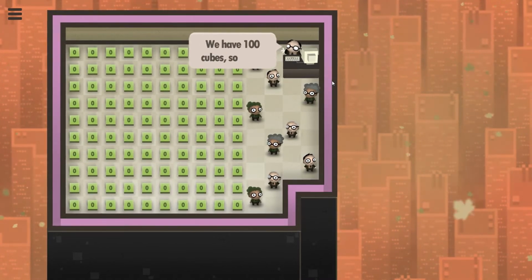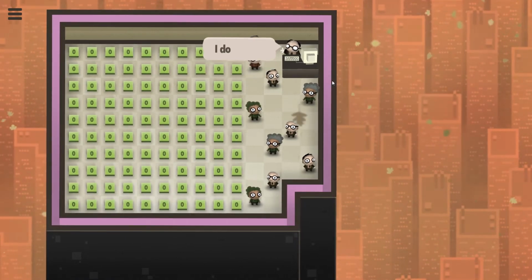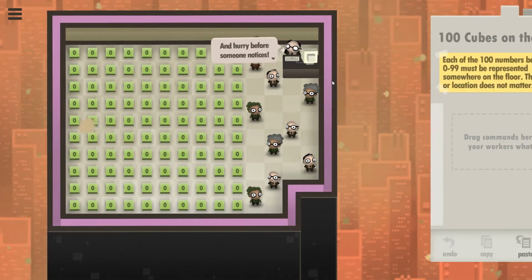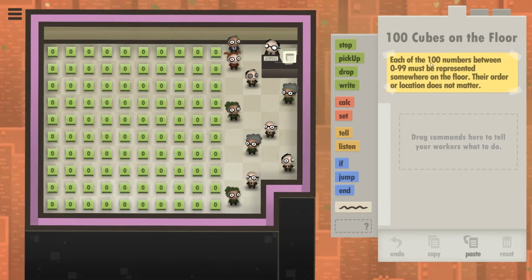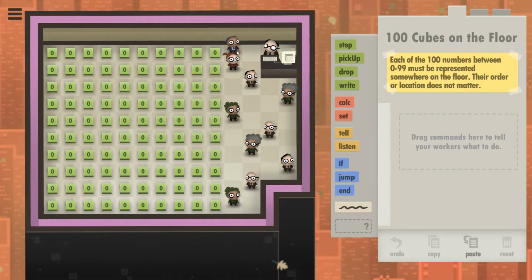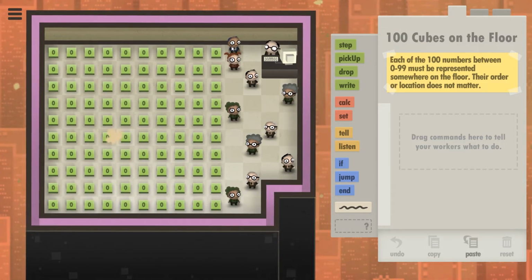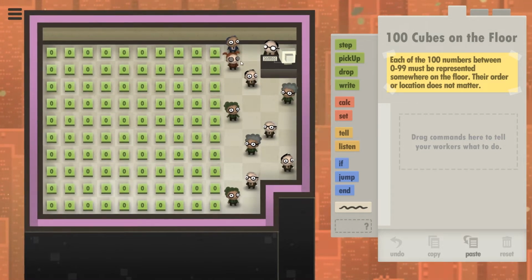Okay, let's see. We have 100 cubes, so let's just write all 100 numbers from 0 to 99 somewhere on the floor. Where? I don't care. 1, 2, 3, blah, blah, blah, 99. Just put them anywhere you like, as long as it looks like legitimate data. And hurry before someone notices. Each of the 100 numbers between 0 to 99 must be represented somewhere on the floor. Their order or location does not matter. Alright. Okay. So, what we need to do is...